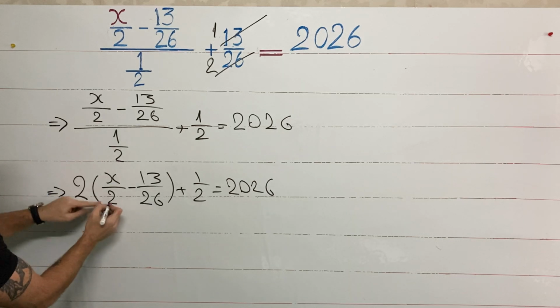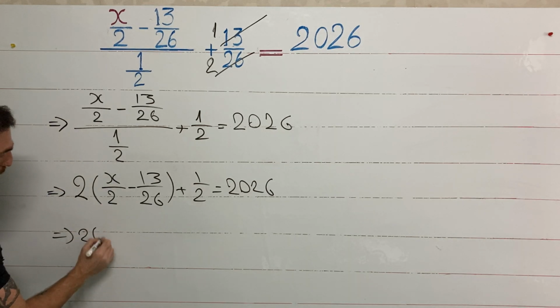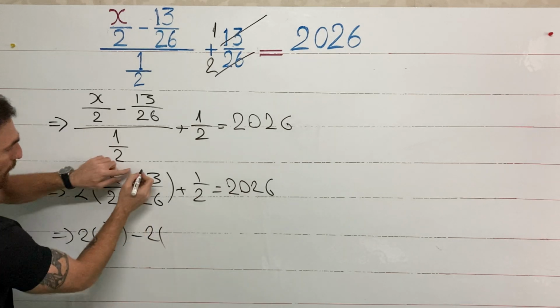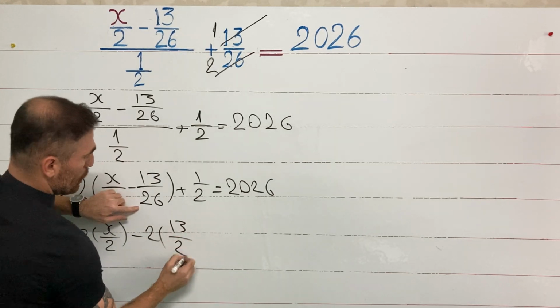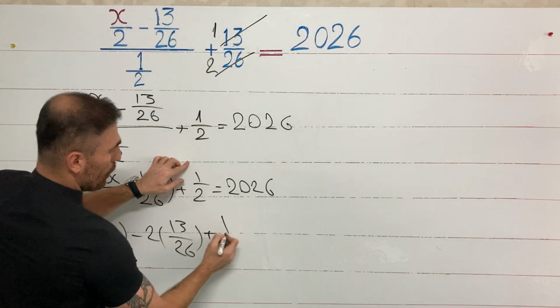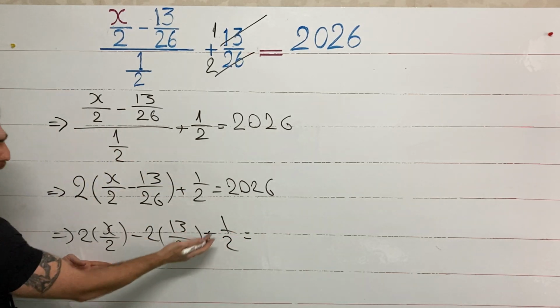Next, 2 times x over 2, I write it here, 2 times x over 2 minus 2 times 13 over 26, this is this one, plus 1 over 2 left hand side equals